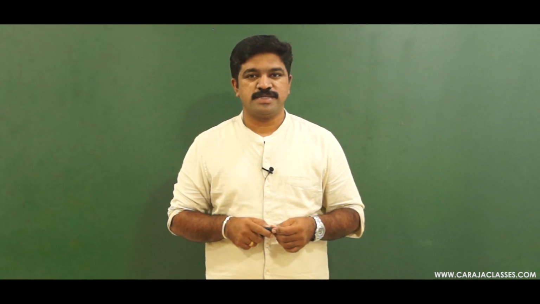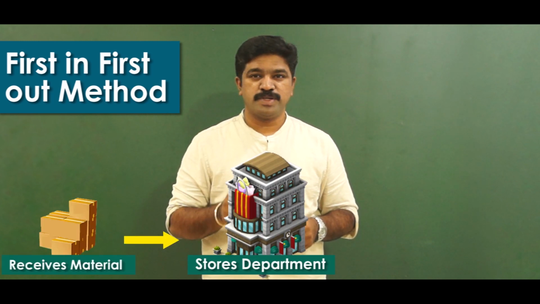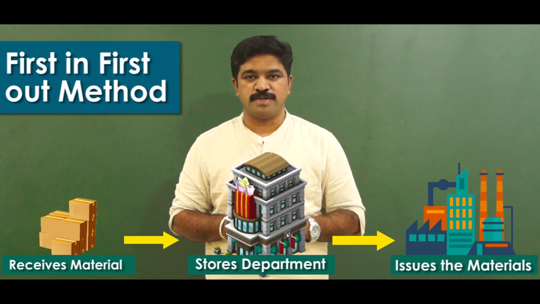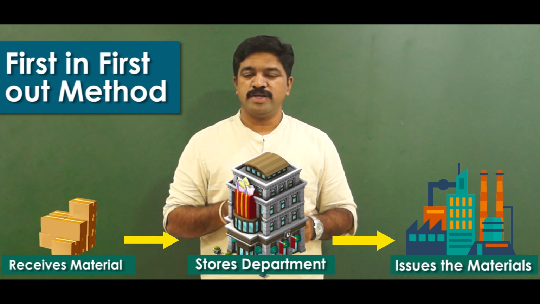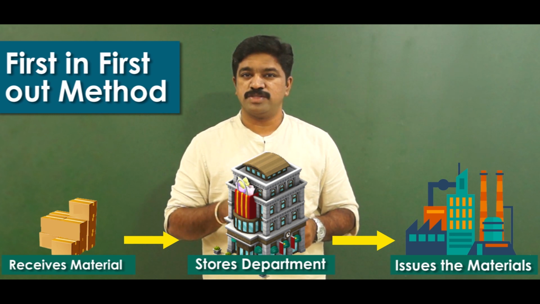In this session, let us understand the first in, first out method. We know it is the Stores Department which receives materials when they are purchased and issues materials for consumption. When materials are issued for consumption, or say production, they have to be priced and closing stock of material also